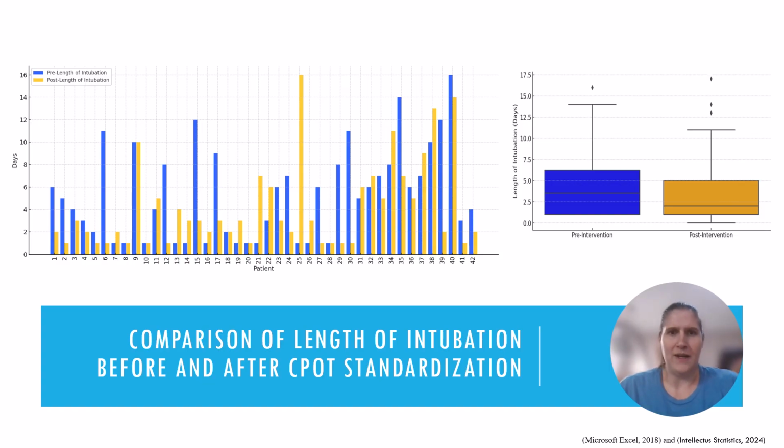The box and whiskers plot illustrates the distribution of the intubation periods before and after standardizing. The mean duration of intubation decreased from 3 days before standardizing to 2 days afterwards. Additionally, the interquartile range was narrower after the intervention, indicating less variability in intubation durations. While the maximum intubation duration remained at 16 days for both groups, the minimum duration decreased to 0 days in